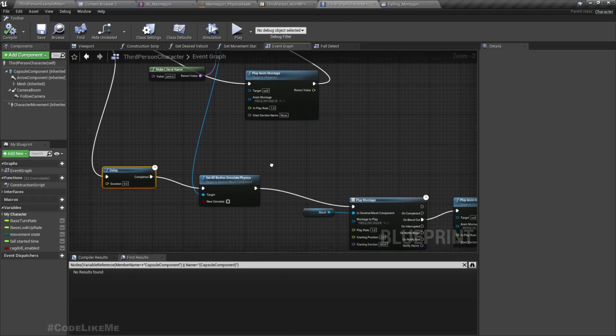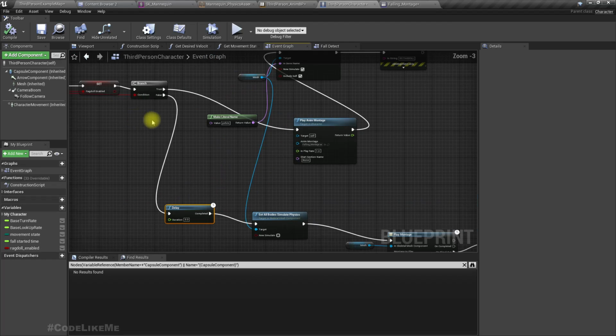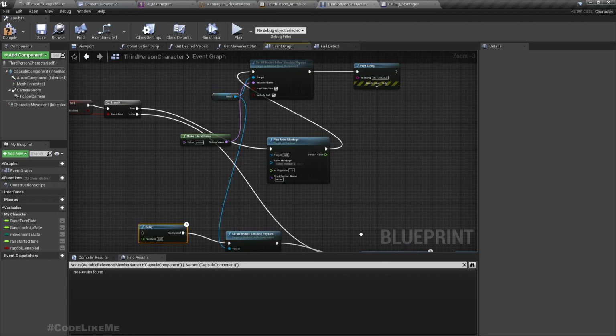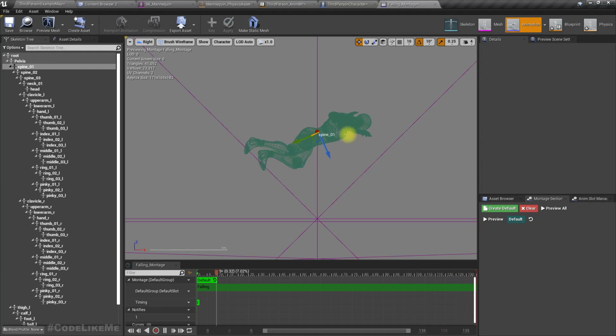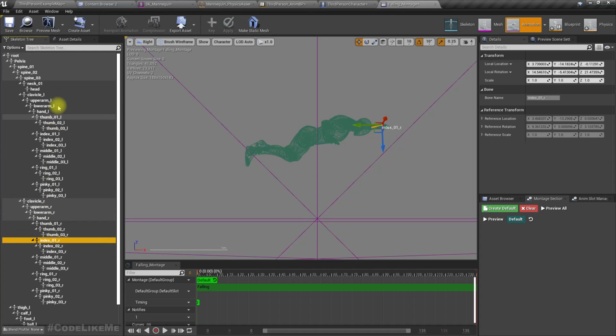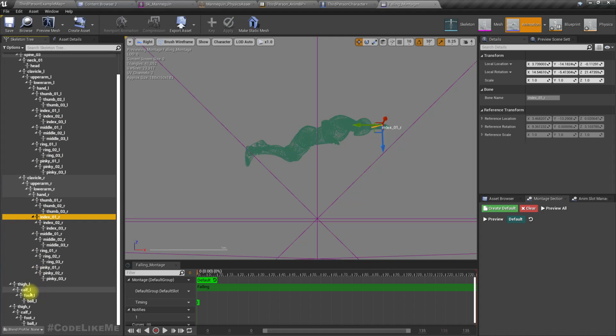So in the next episode we will see how to fix the legs going inside the cube. Actually we might be able to do a temporary fix with slight modifications to the animation, something like this. Get the calf.